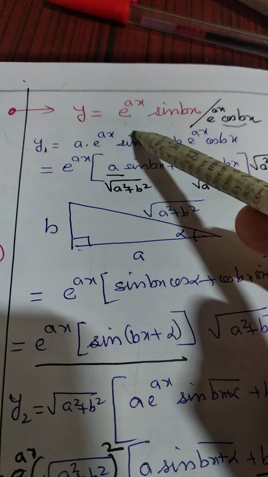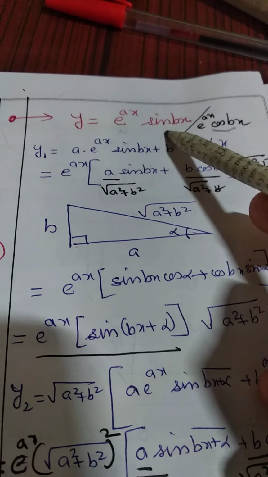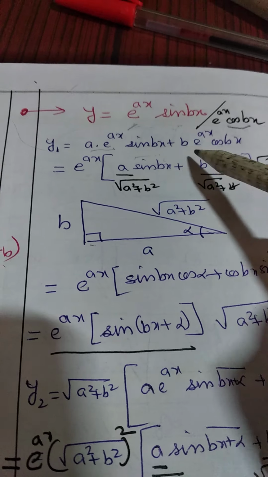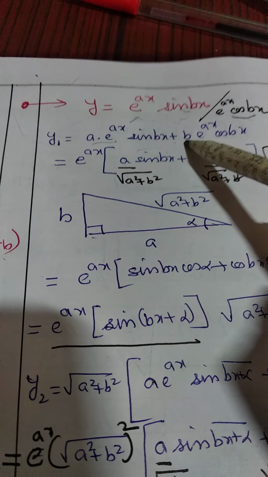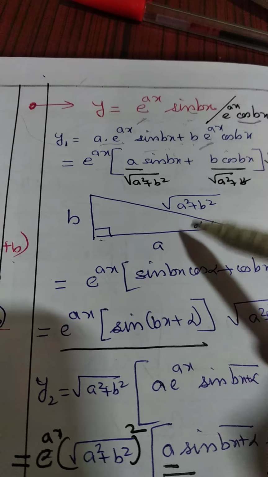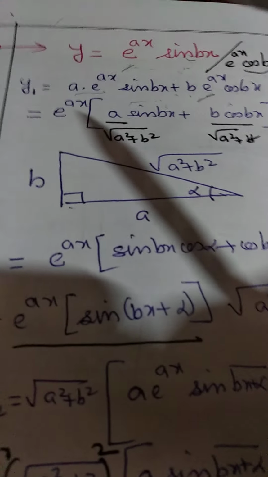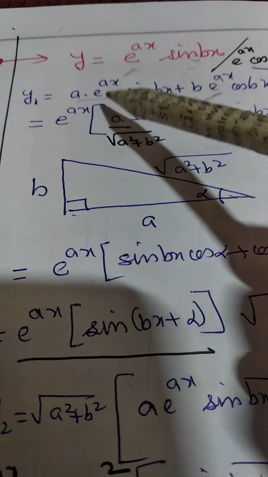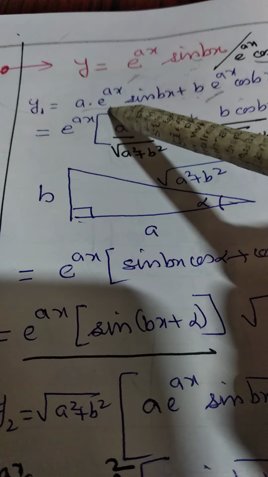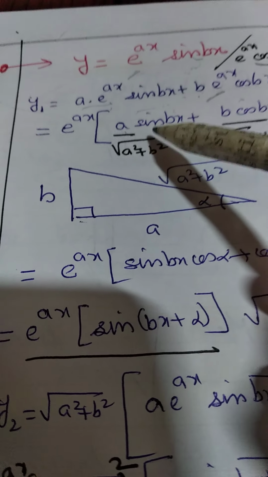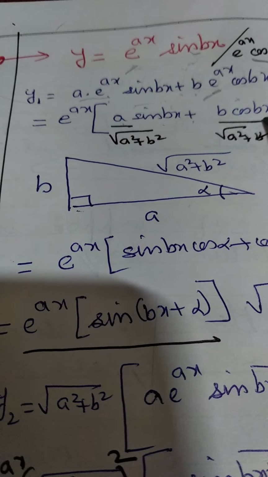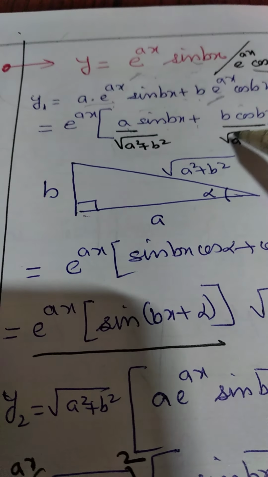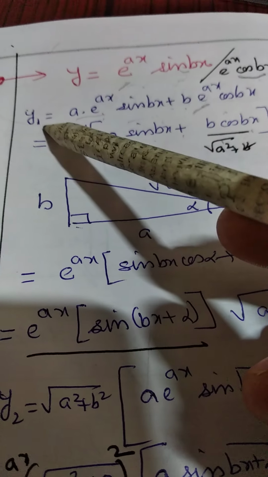The first derivative, in the same way, f1 f2: derivative of f1, constant f2, plus derivative of f2, f1 constant. So you find that there is a simplification in this expression. The simplification is we can have e to the index ax common. That gives us this expression as a sin bx plus b cos bx. Now here you find that a single term has been converted to a binomial with the first derivative.